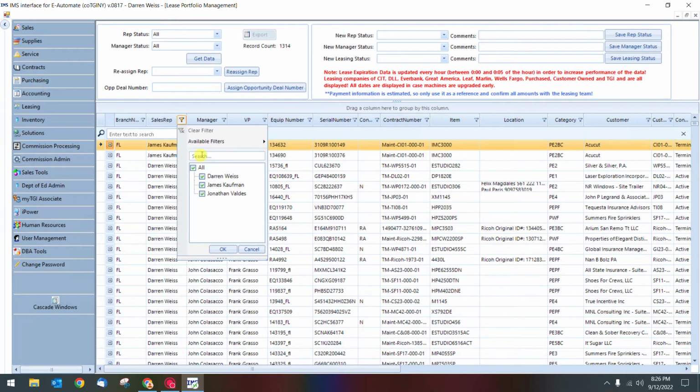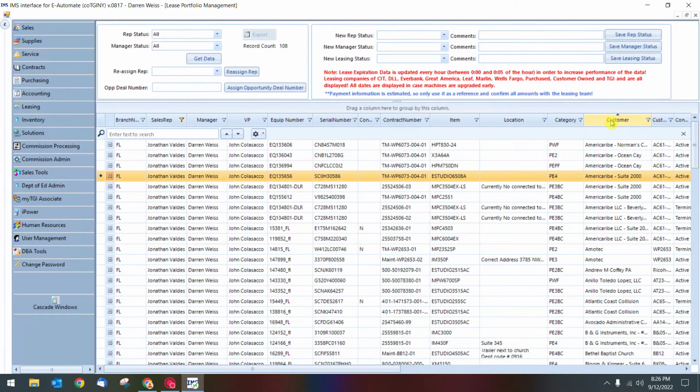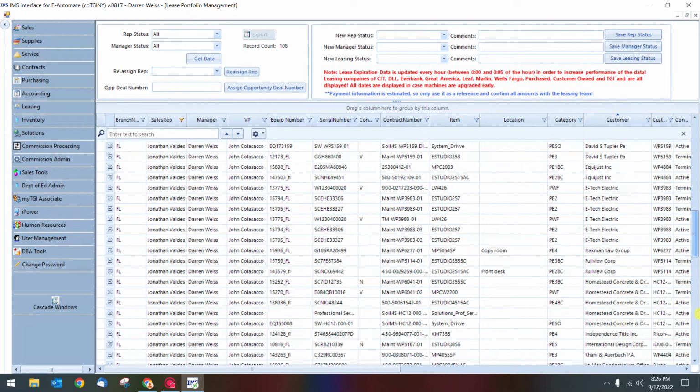So for these purposes, let's look at what you're going to see, which is just Jonathan's accounts. I click OK. It says there's 108 records here, but we know many of them have duplicates. Here, and I believe the number was 5253 existing accounts. So what I like to do is I like to sort this by A through Z. So if I click on the customer tab, it's going to give me an A through Z